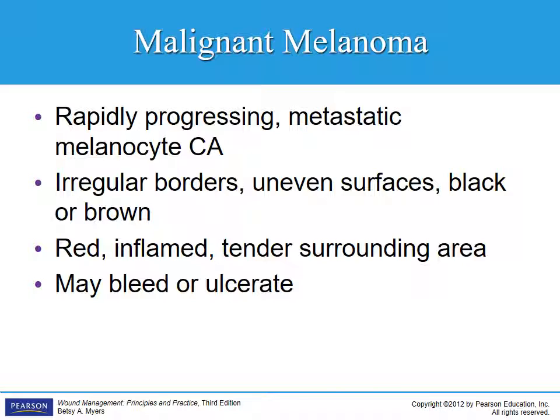A malignant melanoma is a rapidly progressing metastatic melanocyte cancer. There's irregular borders, uneven surfaces, it's black or brown. It can be red, inflamed, and the surrounding area would be very tender, and it may bleed or ulcerate. These are something that if you see something, it's important that you